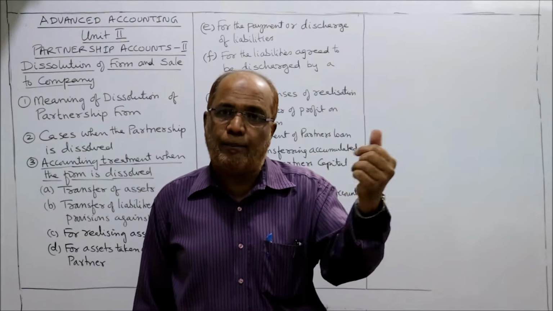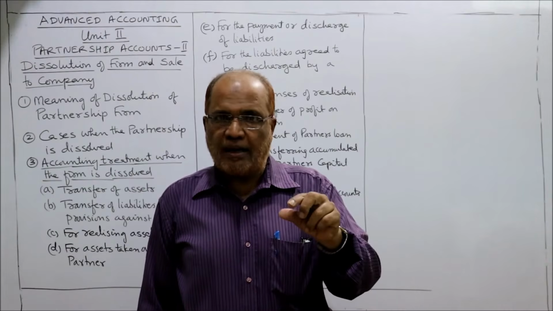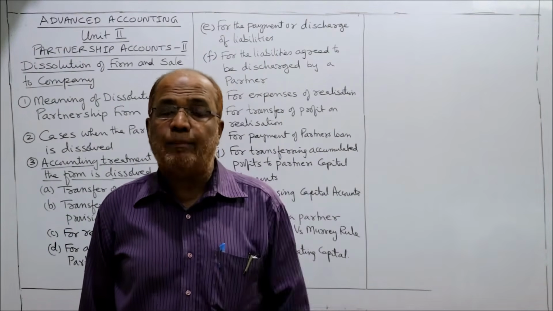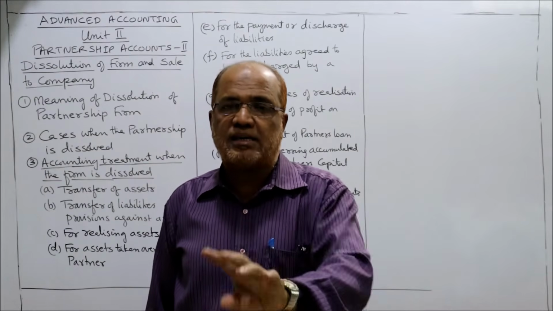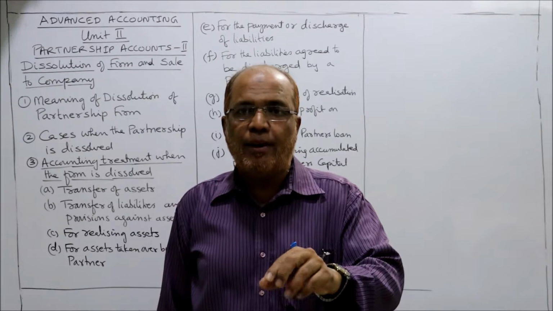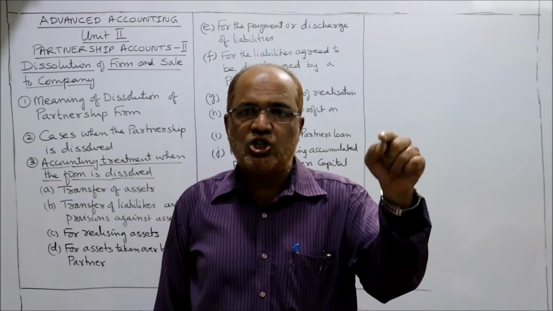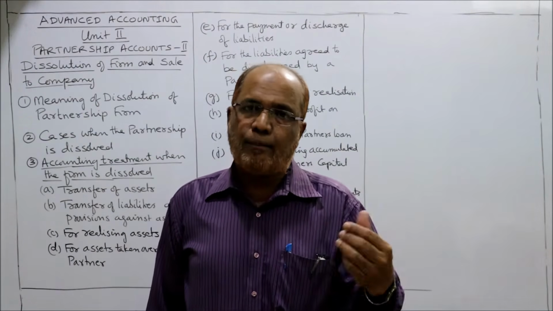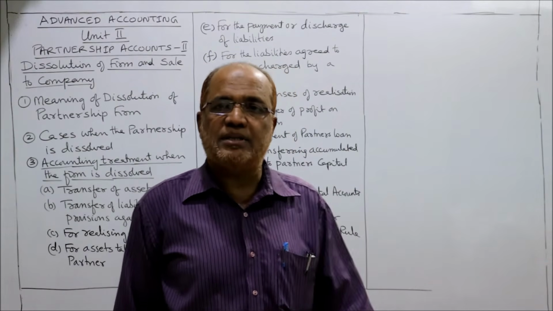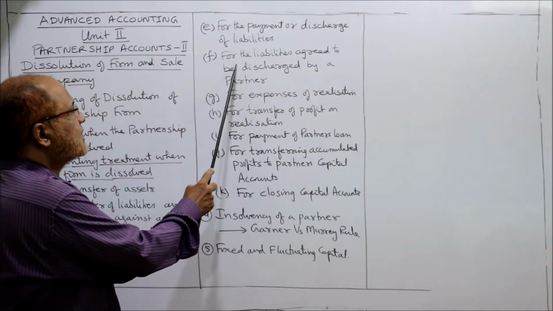अब नहीं पे कर रहा है, पार्टनर पे कर रहा है, तो रियलाइजेशन अकाउंट डेबिट टू पार्टनर्स कैपिटल अकाउंट। बैंक की जगह पार्टनर्स कैपिटल अकाउंट। पे करे तो रियलाइजेशन टू बैंक, नहीं पे करे और पार्टनर पे कर रहा है तो रियलाइजेशन अकाउंट डेबिट टू पार्टनर्स कैपिटल अकाउंट। तो 6th एंट्री।